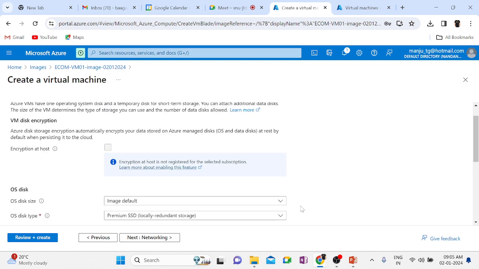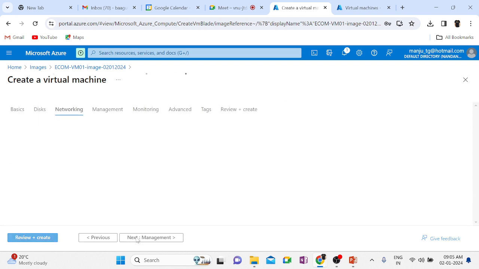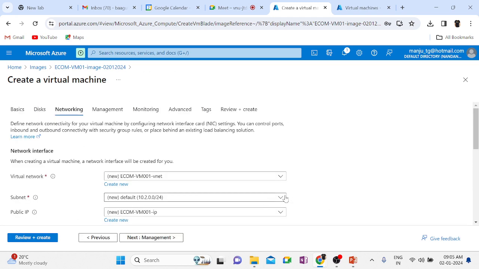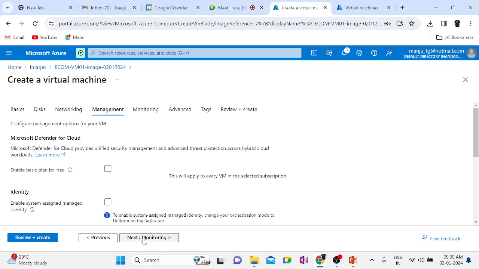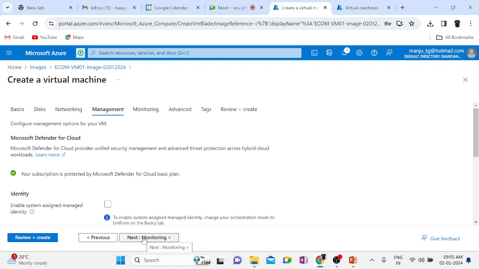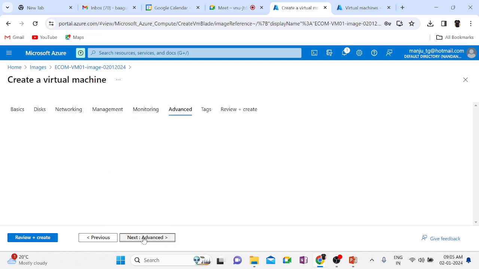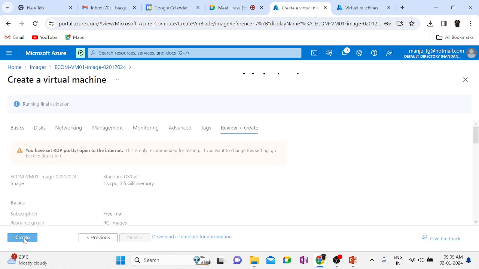Let me go with the next option, networking. Also by default it will take, I don't have to worry about it. You can choose a different VNet if you want. Monitoring, I don't need. Review and just create. See, it is just validating. And now if you click on create virtual machine, you are creating the virtual machine from the image that